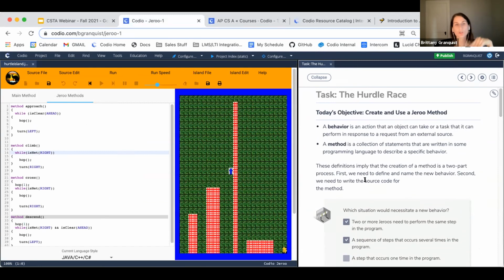Jeroo, Scratch, PencilCode. You do a quick Google search and you're going to get a lot of teacher-made resources, right? Is Jeroo method? Yes, it is. Yeah. Oh, sorry. I thought that was a question.